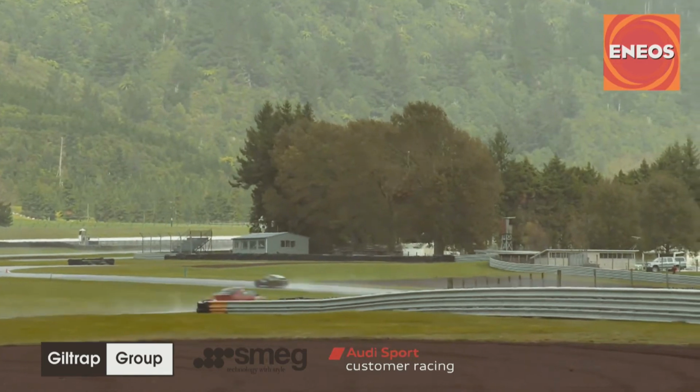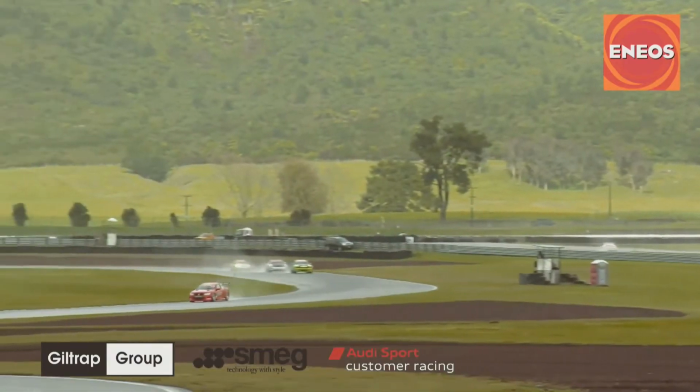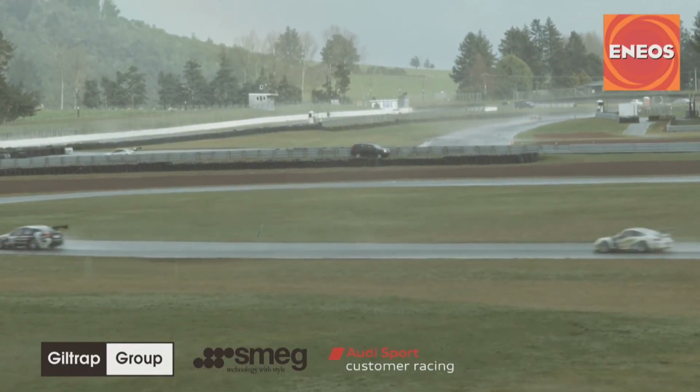DeVeth goes past with Ian Hare right behind. Here's another on-track fight between two good mates, Ian Hare and John DeVeth. They're fighting over 6th and 7th position as they go through turn 2, heading up towards turns 4 and 5. And that fight between James and Cooper